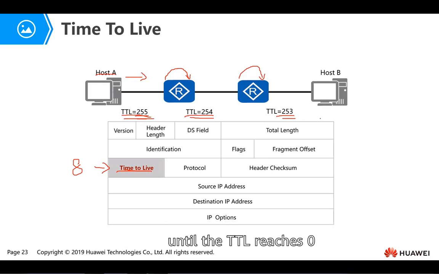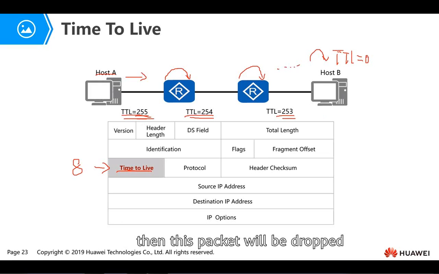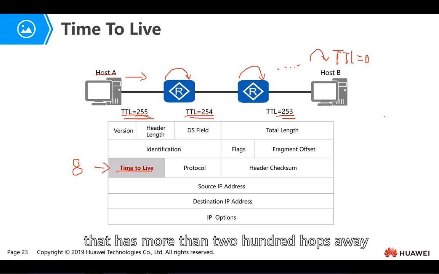Okay, if there are many routers, then until the TTL reaches 0, this packet will be dropped and not forwarded again. Of course, nowadays there are no such networks that have more than 200 hops, but maybe we will encounter such